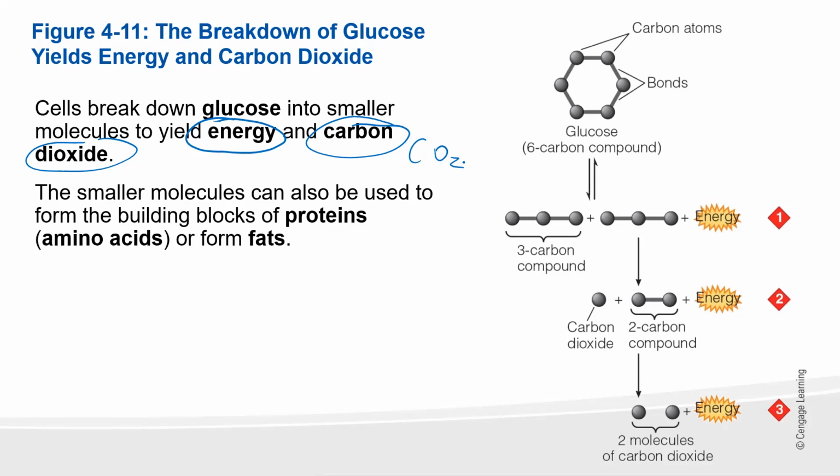If we consume too much or excess glucose, we can use it to make other biological molecules, not directly from glucose, but from some of the intermediates that you'd find in there, pyruvate and acetyl-CoA, and molecules like that can be used to build amino acids. Amino acids are used to build proteins, and any surplus after that is used to form fats, and those are going to get stored on our body. Our body is very good at storing fats.